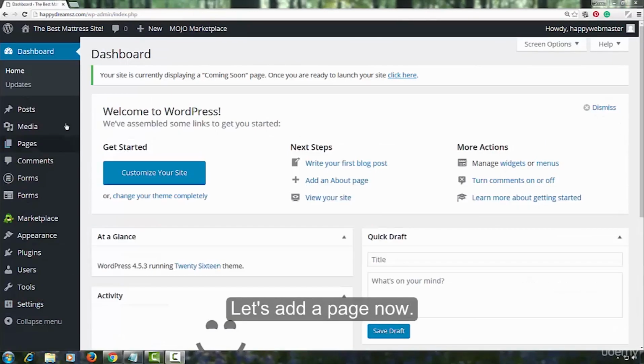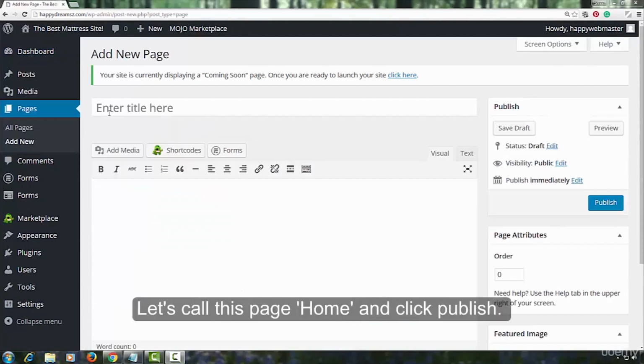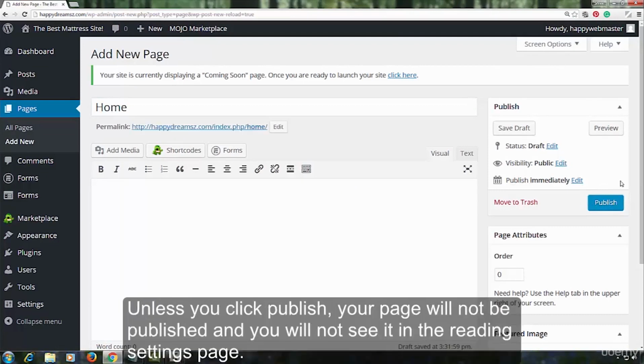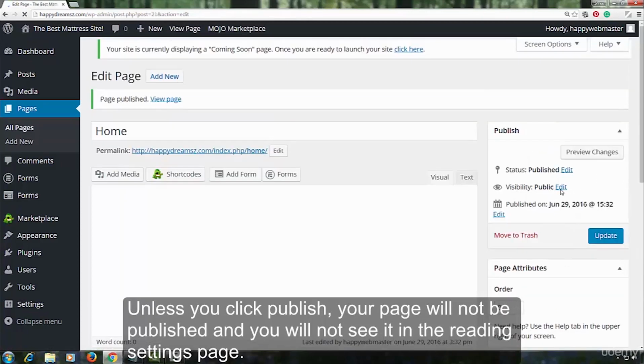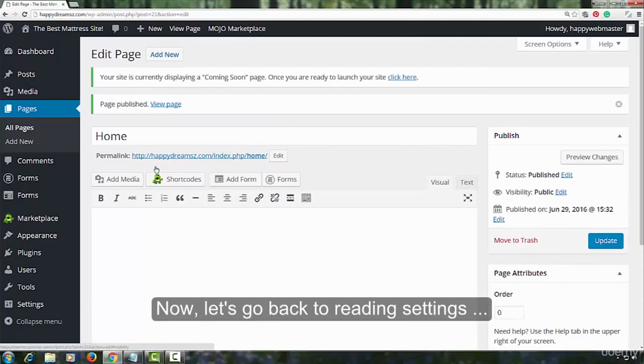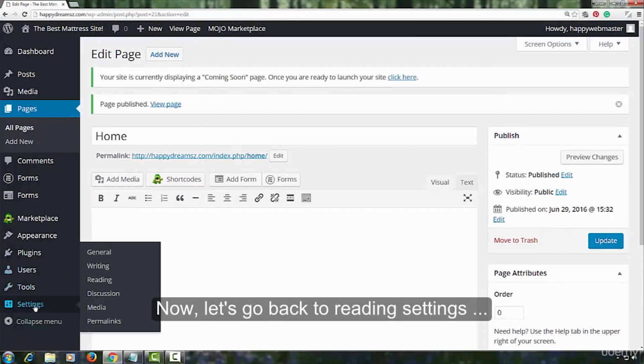Let's add a page now. Let's call this page Home and click Publish. Unless you click Publish, your page will not be published and you will not see it in the reading settings page. Now, let's go back to reading settings,